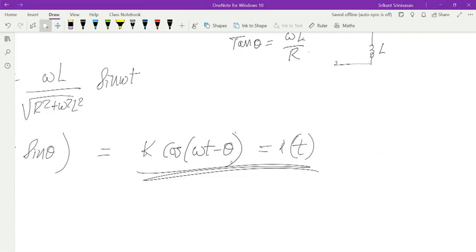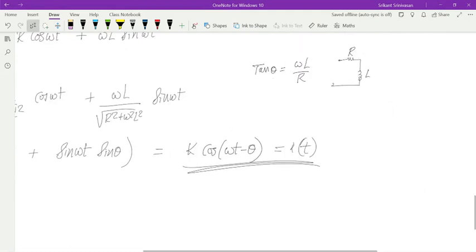Supposing L is equal to 0, if I put L equal to 0, then tan theta becomes 0. So theta is 0. That means it's a purely resistive circuit. If it's a purely resistive circuit, then the current and voltage are in phase. So if it is only R, then the theta term vanishes. If the R is 0, then the theta term becomes minus pi by 2. So this way you can see how there is a change between the impact of the resistance and the inductance. And then you can have different values of L and R that are in between.